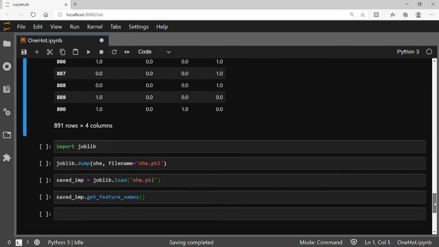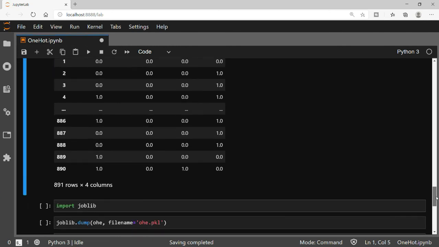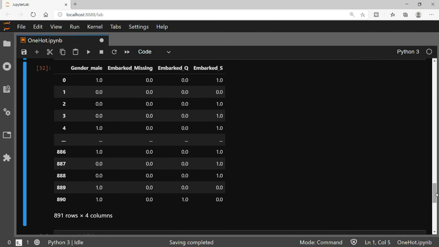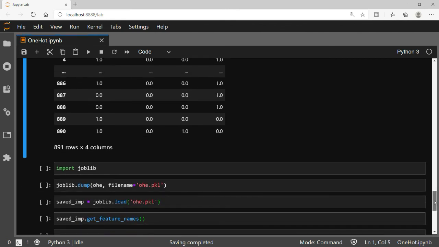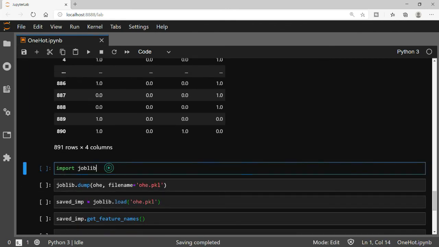Now one more thing we can do is save this particular encoder object, and this is very helpful when you are deploying your model to production. You can save this object for later use, and then you can just load it like this. So let me show you.